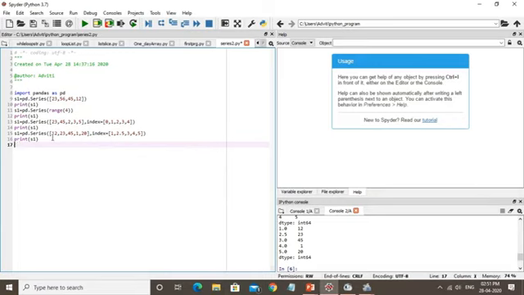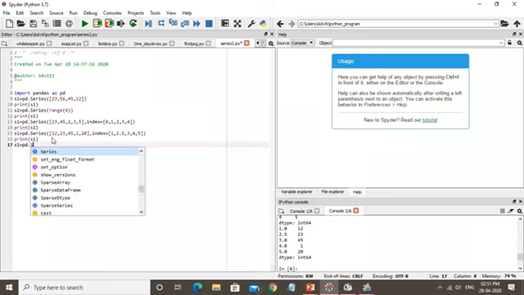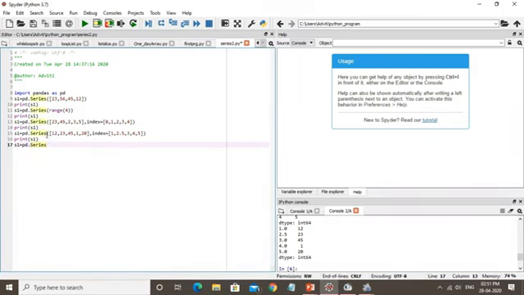S1 equals pd.Series, and I'm just copying the same previous one. A little bit of changes here, like, let's say I'm doing 1.5 in place of 1, and in place of 12 I'm doing 1.2.